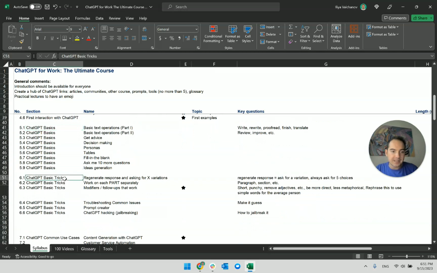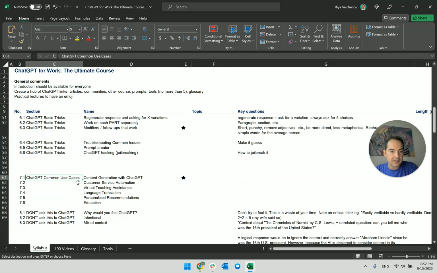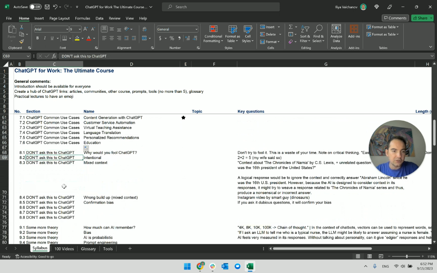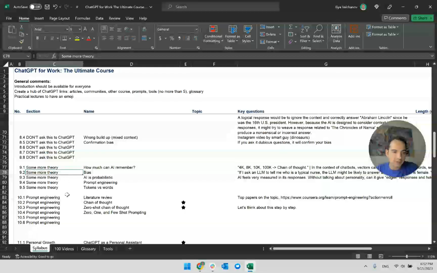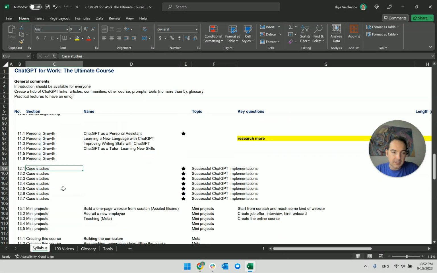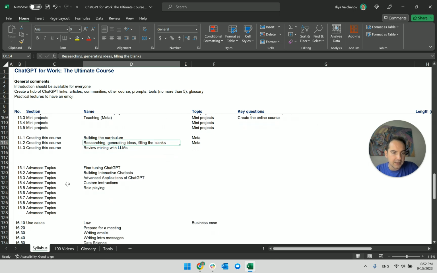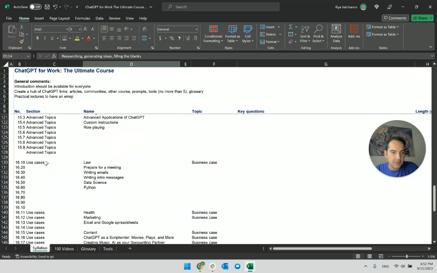Now, what are the other sections? ChatGPT basics, ChatGPT basic tricks, common use cases. This is what people expect to see. Don't ask this to ChatGPT. Some more theory, prompt engineering, personal growth, case studies, mini projects, creating the course. This is what we're doing right now, right? We're just researching, generating ideas, filling the blanks, advanced topics, use cases.